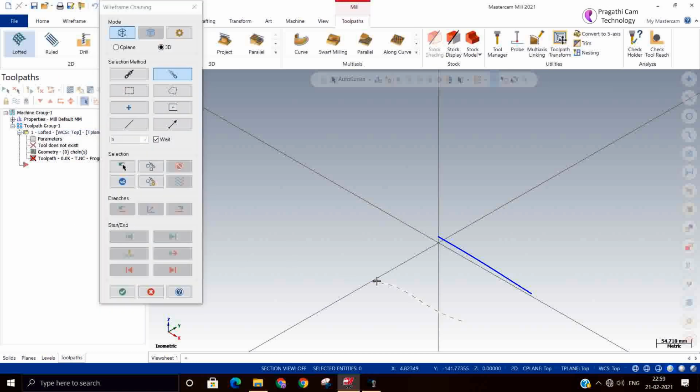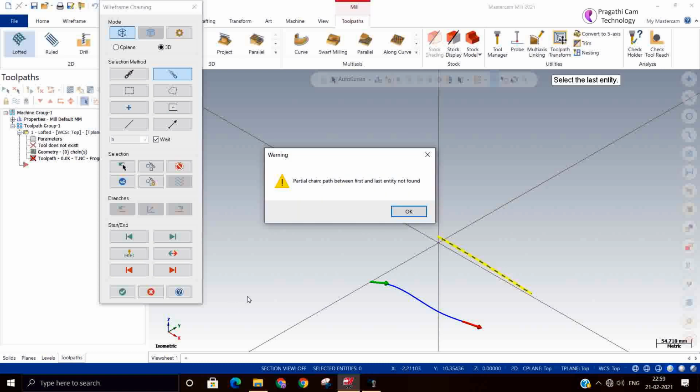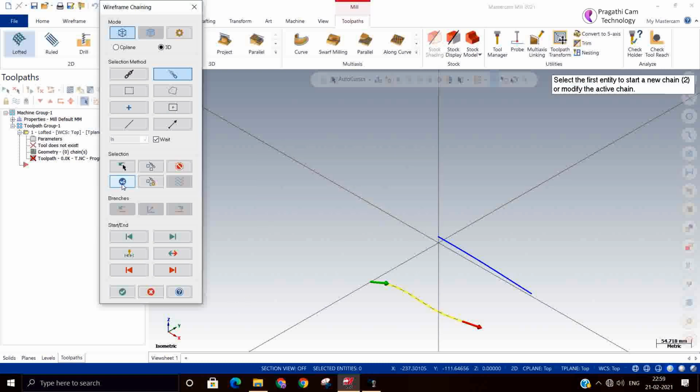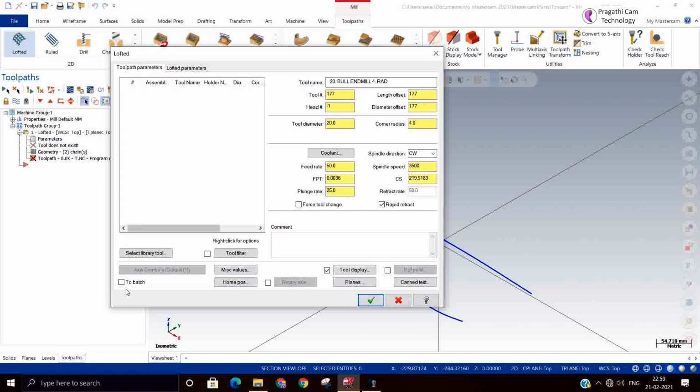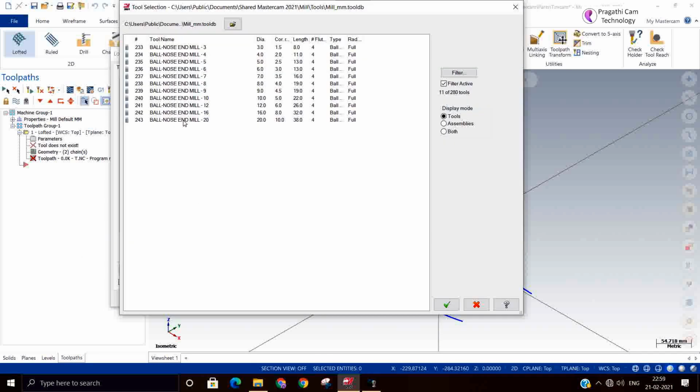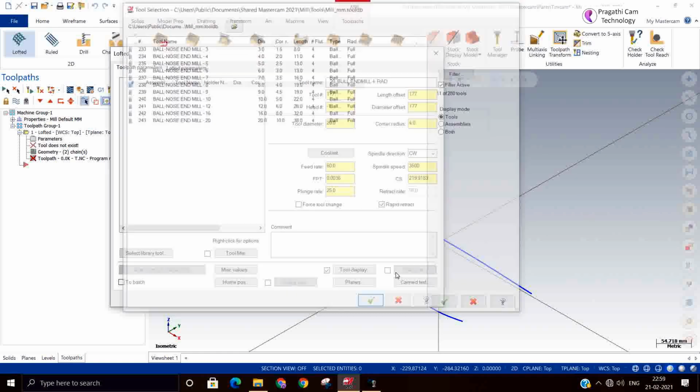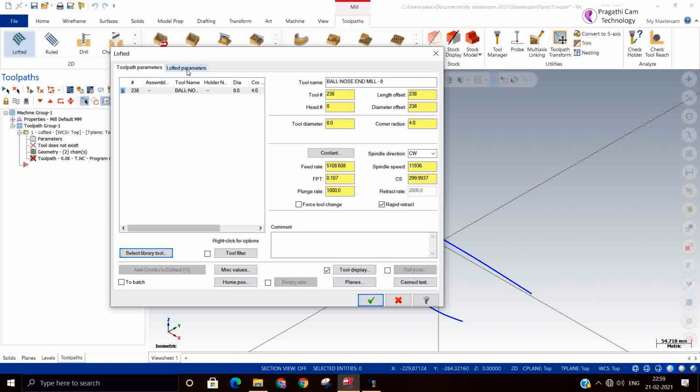You can take n number of profiles, but we have only two profiles here. You can take a tool.